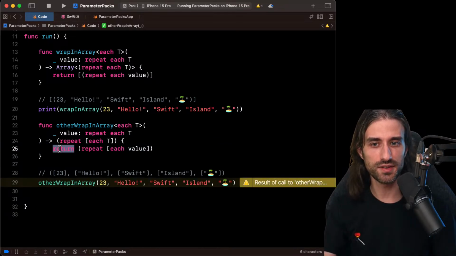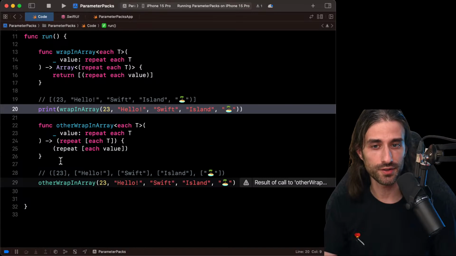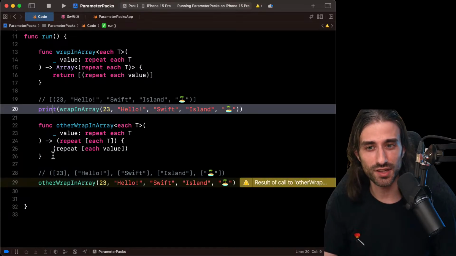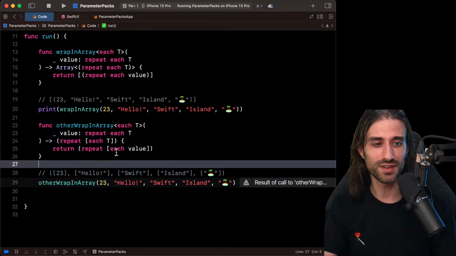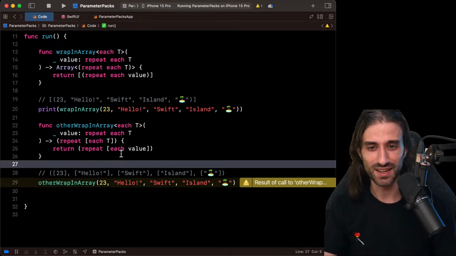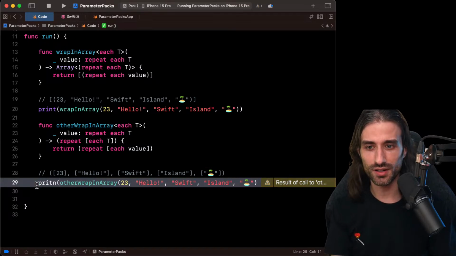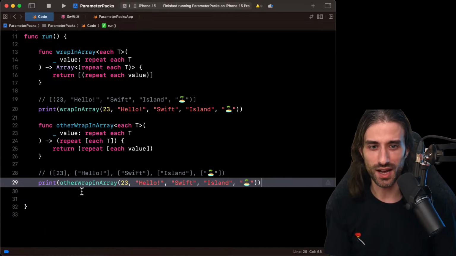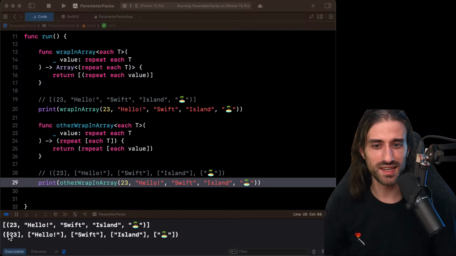So once again, we have this very interesting symmetry, which becomes even more apparent if I don't have the return keyword. But if I don't have the return keyword, there is a bug in Xcode that doesn't color repeat as a keyword, so I find it even more confusing. So I will leave the return keyword so that we have a nice syntax coloring, rather. Okay, so normally this should work. So let's try and print this to the console and let's see what's gonna happen, but normally it should work. Yep, it works.